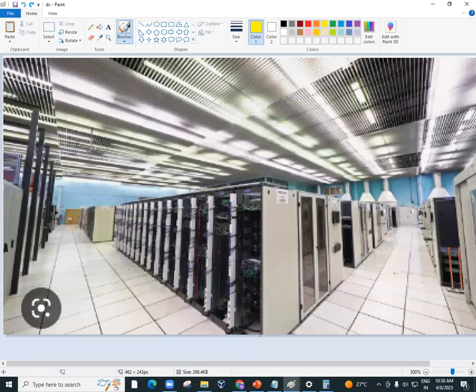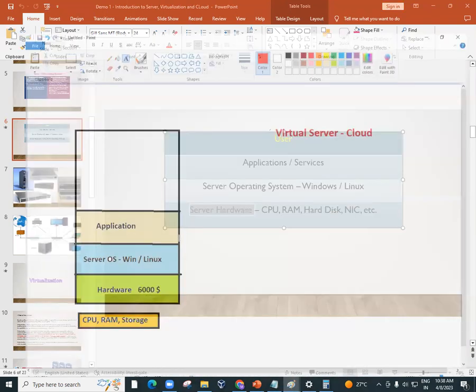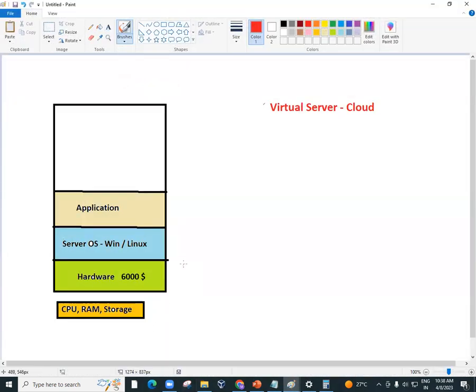Why have Amazon people built such a big data center which has thousands of servers? Because they want to provide cloud services. You know what Amazon people will do? They will say, listen, you want to run your application? Yes, we want to run an application, right? To run an application, you need a server operating system and server hardware. So Amazon people are coming to us and saying, listen, why are you spending money on your server hardware? That is too much money. No need to spend. Why are you spending money on your server operating system? That is too much money. No need to spend. Then my question will be, if I'm not spending money on hardware and operating system, how can I